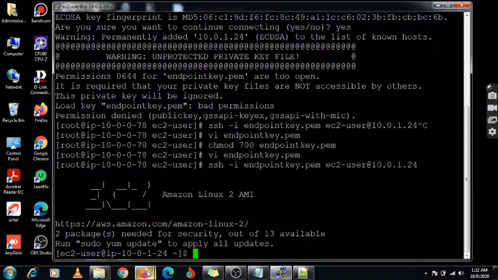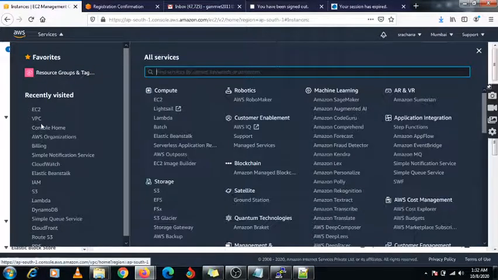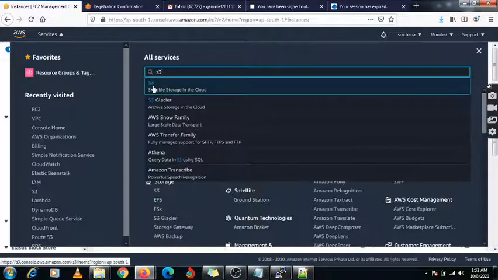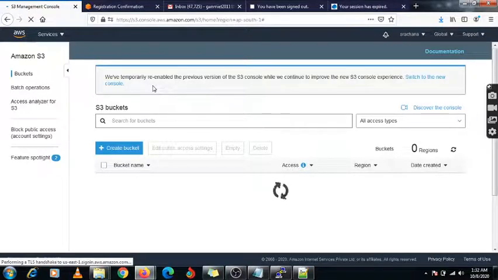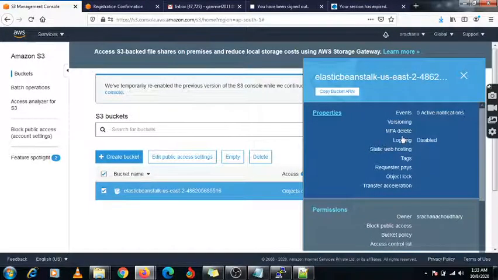Now go to services and check your S3 bucket. For the S3 bucket, we have given this permission to our endpoint, so that the endpoint will access the S3 service which we have specified, right? Under the S3 bucket, there is one bucket. First I need to remove that bucket.